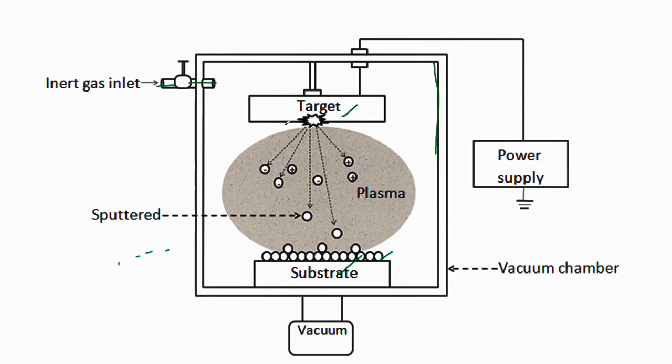Therefore, the atoms from the target are dislodged from the target, and due to their own weight or mass, they descend towards the substrate and are deposited as a thin film on the substrate surface. This is a simple physical method which is based on the momentum transfer between the positively charged high energetic ions